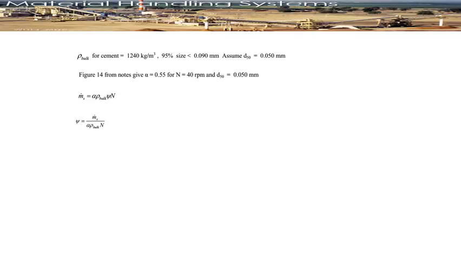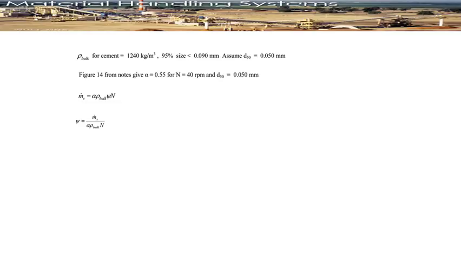So for the figure, which I couldn't supply for you, as I told you, use the alpha, which is equal to 0.55, which is unitless, and the N, 40 RPM, is given in the question, and the D is equal to 0.05. So simply use equation number 6. What do you need in equation number 6? The MS, which is the mass flow rate. We said that the mass flow rate is 16,000 kilogram per hour,